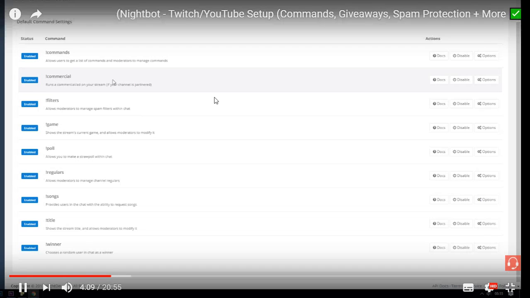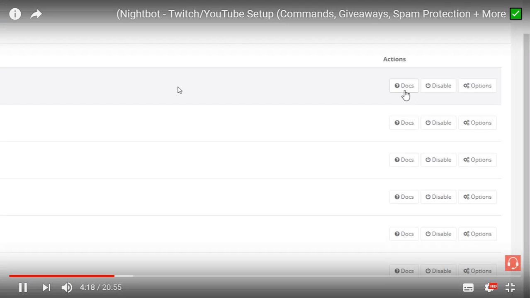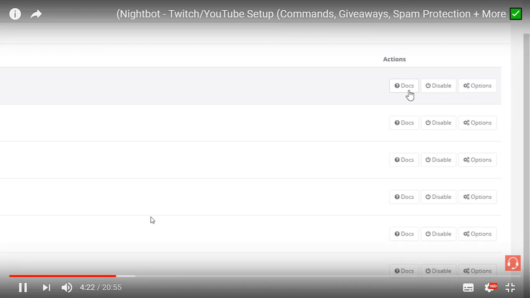Nightbot has already set these up, and as you can see over on the right hand side, for each one you can click to read some more information in the docs, and that's a really good place if you want to understand a little bit more about what that command is doing. So I'd highly recommend any of them that you're not sure about what they're going to do, click the docs link, and Nightbot actually has a really good documentation section where you can learn a lot more about how the